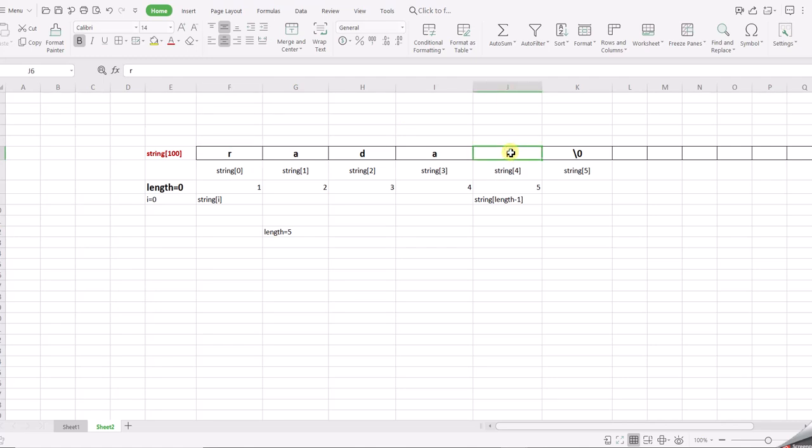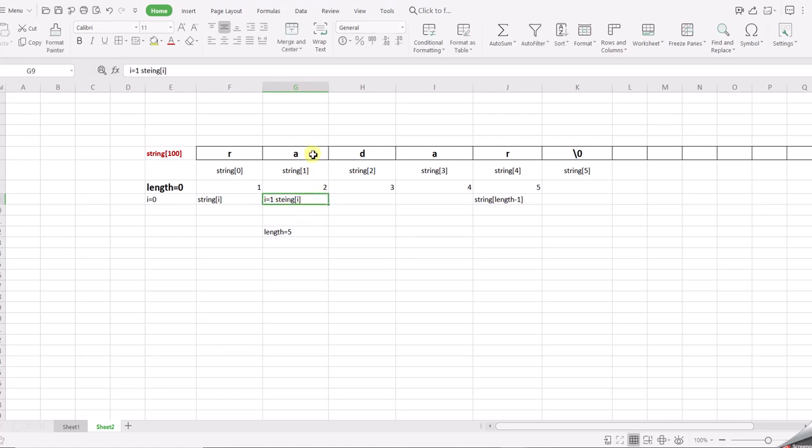If it is the same, then yes, there are chances of this being a palindrome. After this, I will increment my i and I will check for this one. So now if I do i plus plus, this is going to be my i. Over here, my i's value is going to be 1. Basically, I'm checking for string of i over here, and my i's value is 1.